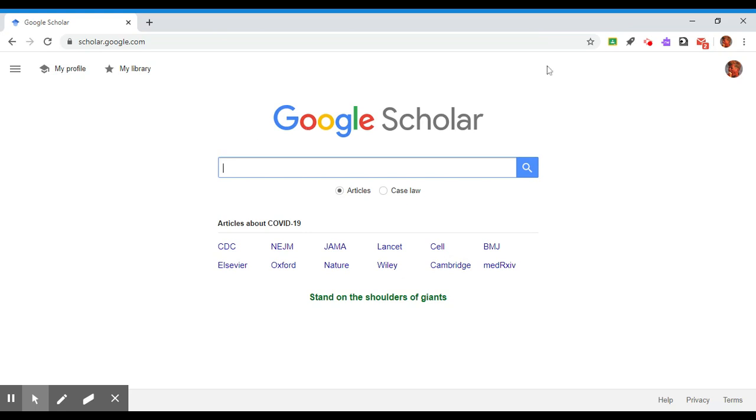And then if you'd like, you can always just go to your three dots here and create a bookmark for it. That way you can just go to your bookmark in the future, but it's pretty easy to just type in Google Scholar into Google too. Okay, so